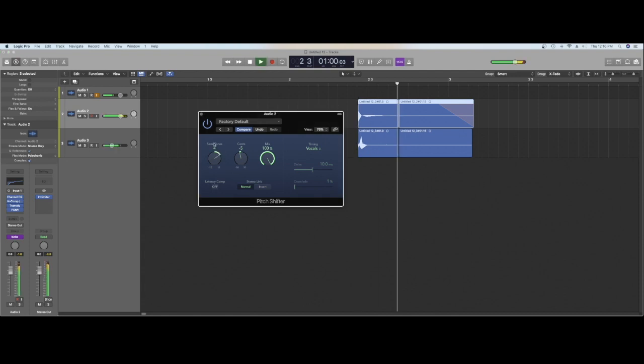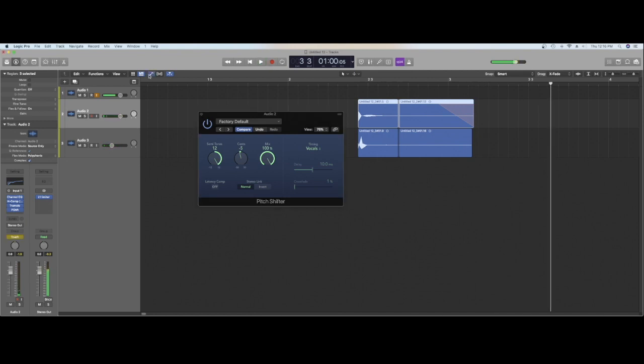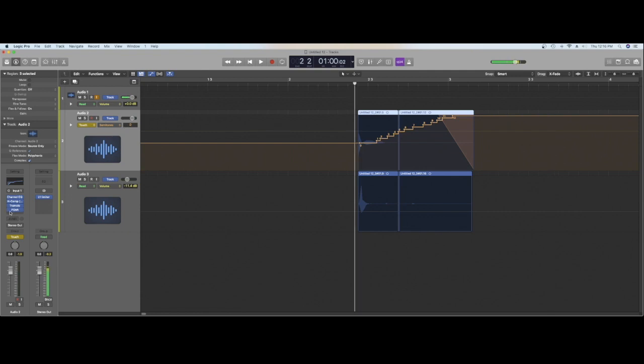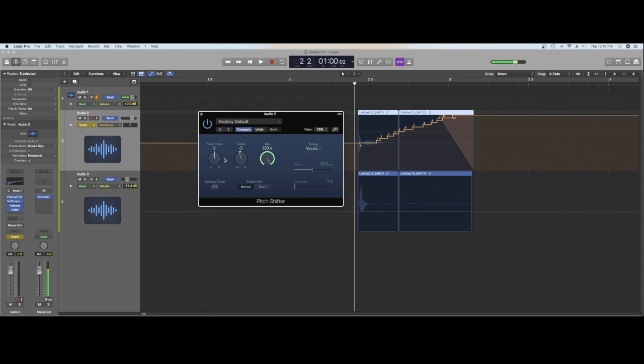Now that should have written us some automation. So let's open up the automation window. Yeah, you can see a squiggly funny little line there. So here we go. There it is. So that's automatically put in that pitch shift. So if you watch the knob,